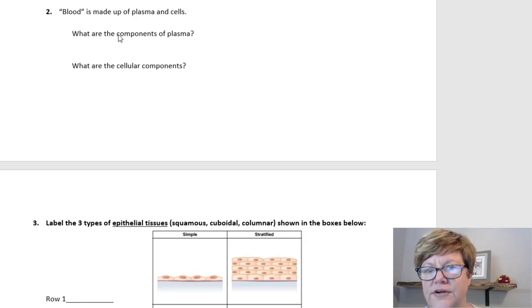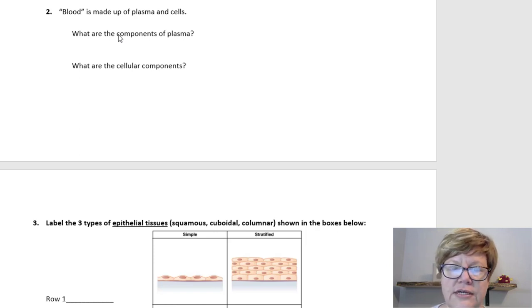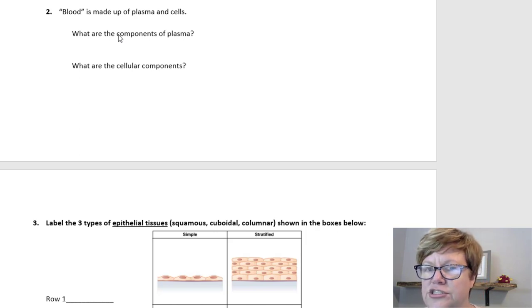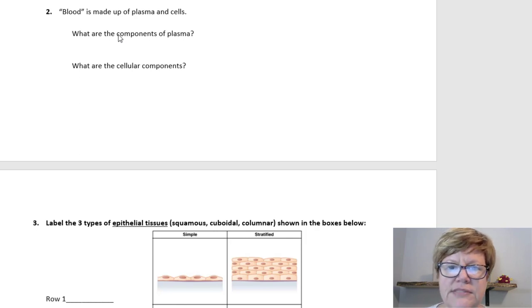It has a fair amount of albumin, which is important in regulating blood pressure. And it also has globins, which is different than globulins. And if you can straighten that confusion out, you'll be ahead of the game. But globins carry oxygen. A lot of the globins are inside of red blood cells, but there can be some globins from burst cells that are in the plasma. But really your components of plasma are going to be your protein components, especially albumin,